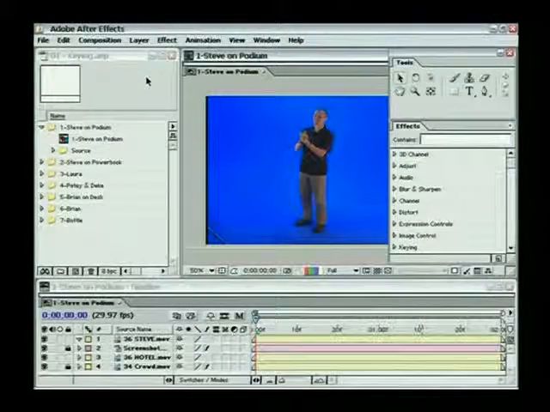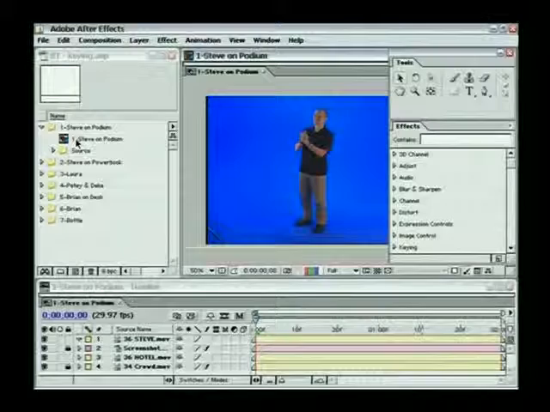So I've opened up the keying project from our Program 1 Keying and Roto folder. Of course, you should do the same. Inside here we'll find 7 folders, each of which will contain a separate composition that'll explain a separate principle of